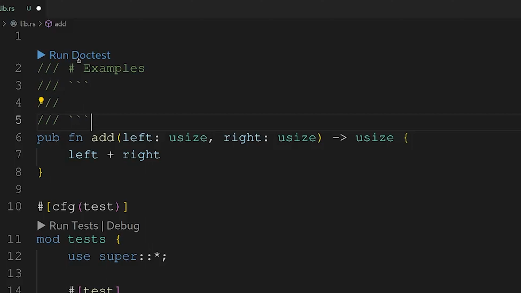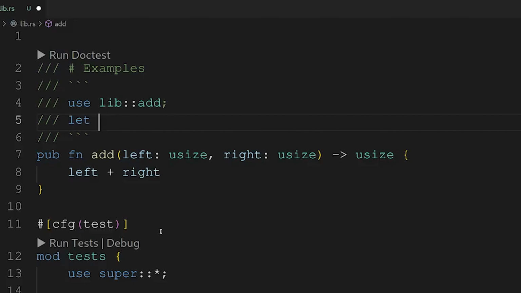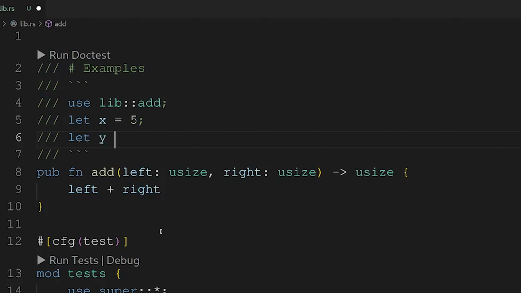Okay, I'm not going to explain it all, but we have to use lib. This is the name of our library, which we named lib, real original. And we want to import the add. This is that function right there. So we're going to use that, and then we can say let x equals 5, let y equals add x and x,